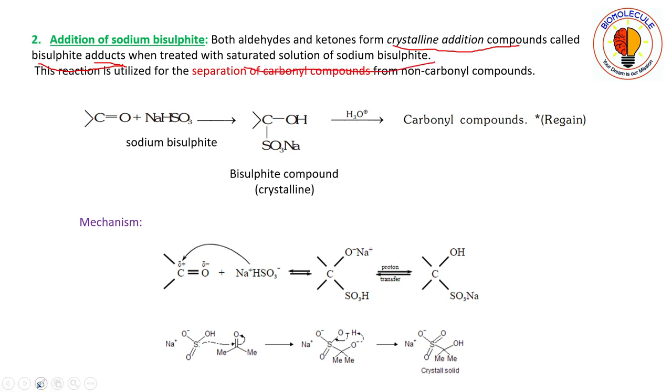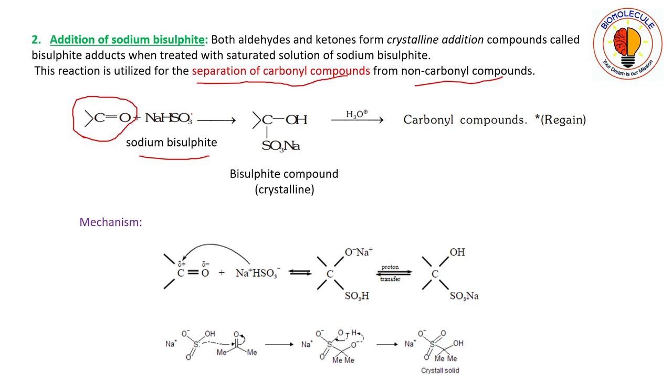So if we treat carbonyl compounds with saturated sodium bisulphite, then you will get these crystalline addition compounds known as bisulphite adducts. This reaction is utilized for the separation of carbonyl compounds from non-carbonyl compounds. That is a remarkable property of this reaction. So how is it done? If you have a mixture of carbonyl compounds and non-carbonyl compounds,